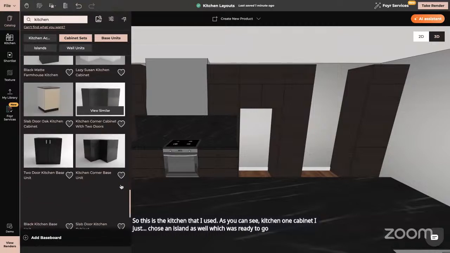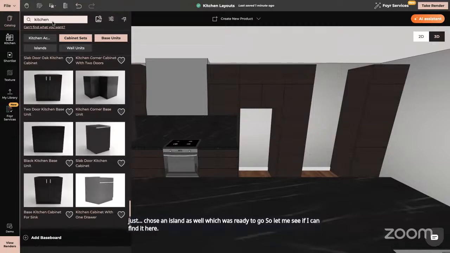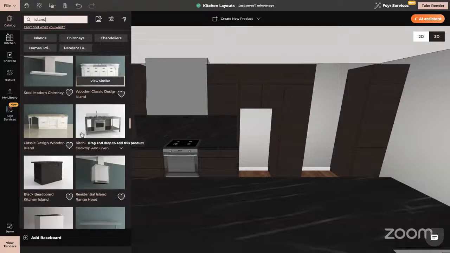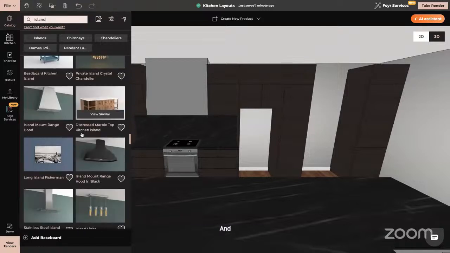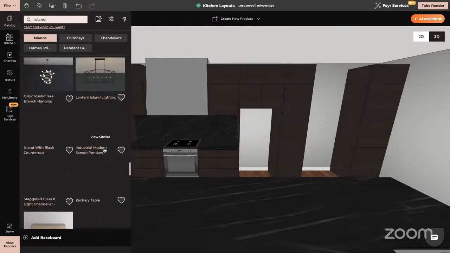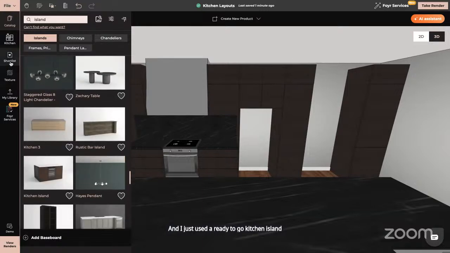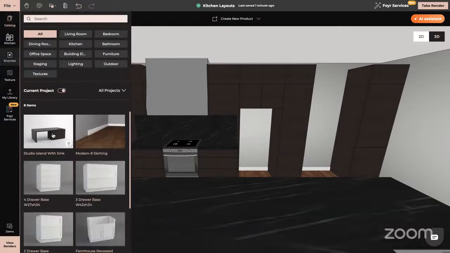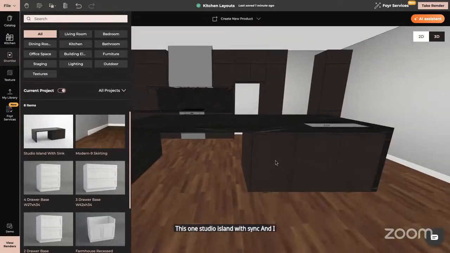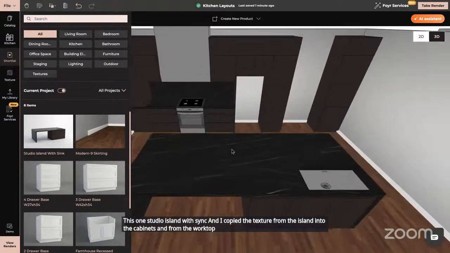So let me see if I can find it here. If not, I will just type in island. And I just used a ready-to-go kitchen island, this one, studio island with sink. And I copied the texture from the island into the cabinets and from the worktop into the worktop and backsplash